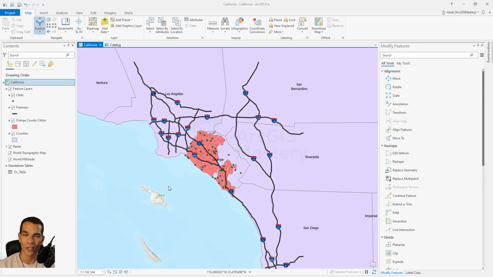Hello guys, so in this video we will see how we can create a locator or geocoding service. Basically, a locator or geocoding is a way to construct some of your data to be able to search by address. As you know, you can search by X and Y here, you can search by some attributes, but you cannot search by typing the whole address unless you have a geocoding service or locator service created for